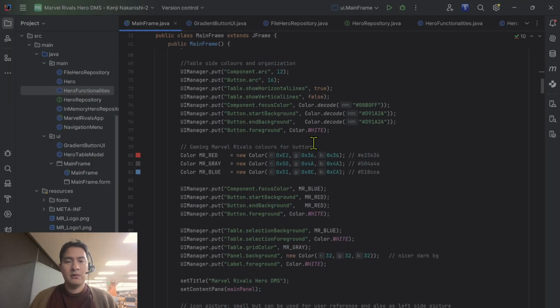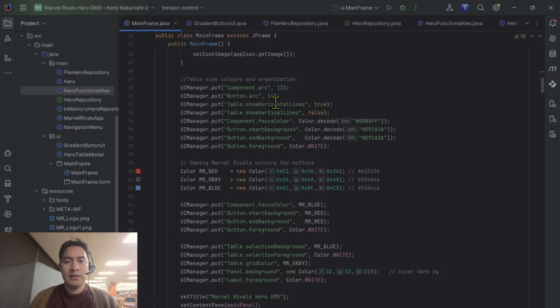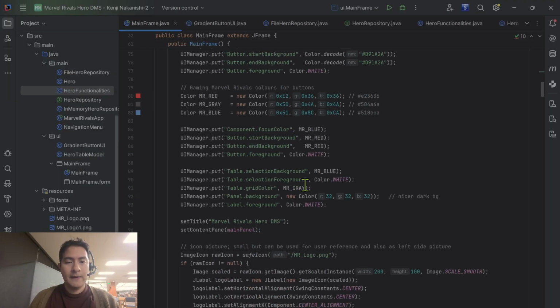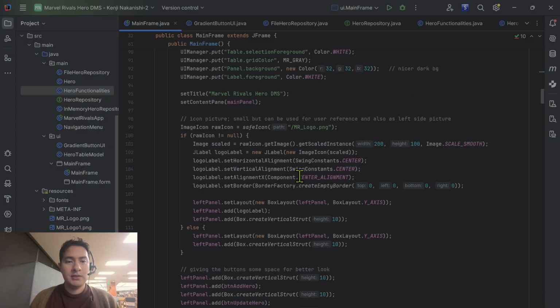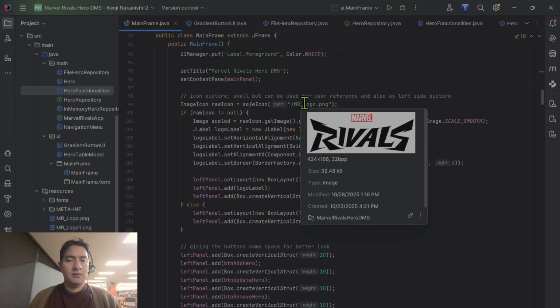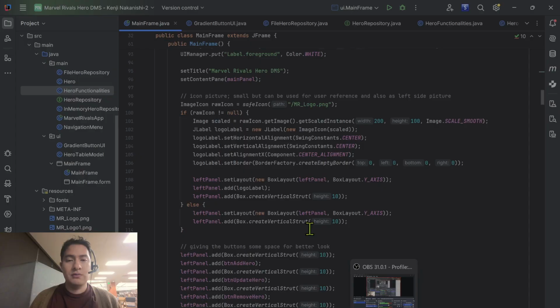A table side colors, yes, so this is going to be the organization of the colors, my variables colors buttons feature. So that's the title, my variable hero DMS. The icon is going to be the same, my variables for the left side logo and also the icons of the app. So whenever we have here, we've shown the icon,